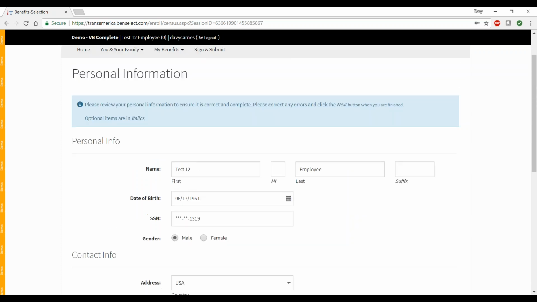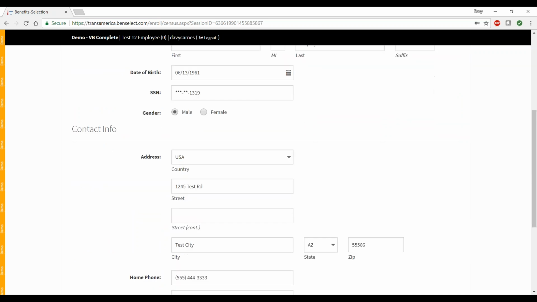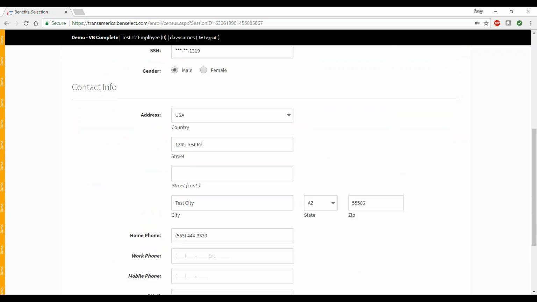The second page we're looking at here is the employee demographics. This is typically pre-populated with a census file. The more information we can get up front, the better. Less keying that an employee has to do or an enroller has to do, the less chance for a mistake. If you want to allow them to make updates to some of their information, things like address, maybe phone number, maybe you want to collect something that you don't have on file, like an emergency contact or something along those lines,